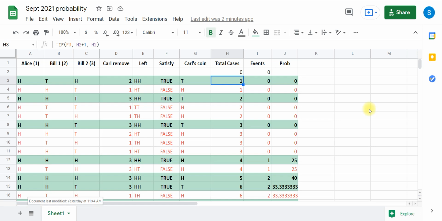Okay, so we're going to take a look at how I created this spreadsheet to simulate our problem from this month's column. So in the problem, we had Alice put a coin heads up on the table. Bill came in and flipped two coins. Then Carl went in and removed one of the coins, not seeing what was there. And when Alice came back, she noticed there were two heads, and we wanted to see what the probability was that Carl actually removed